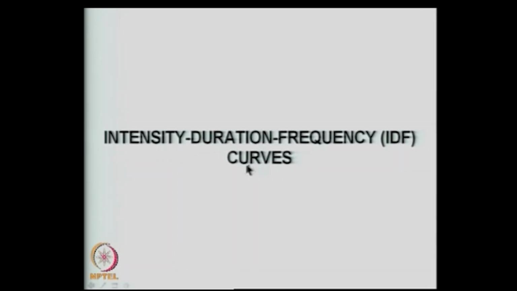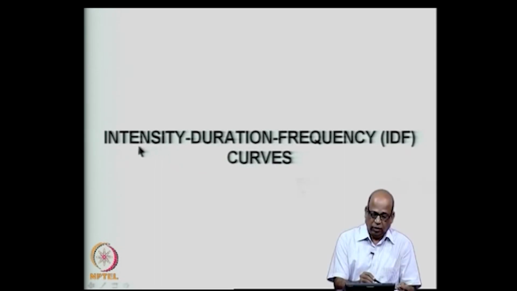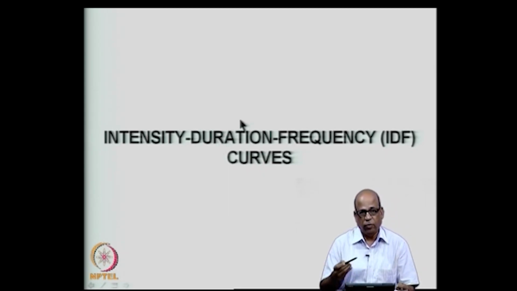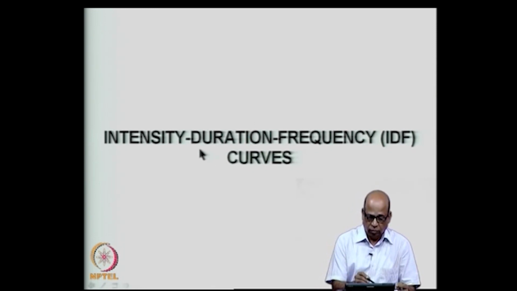So, the intensity, duration, frequency relationships, also called IDF curves. Intensity is the intensity of rainfall we are talking about. This is depth per unit time, so millimeters per hour may be one of the units that you use. Duration is the duration of the rainfall, which is typically in hours. If you are talking about urban stormwater drainage, etc., it may be of the order of a few minutes, 30 minutes, 40 minutes, 12 minutes, etc. So, this is the duration, and duration is typically the design duration,